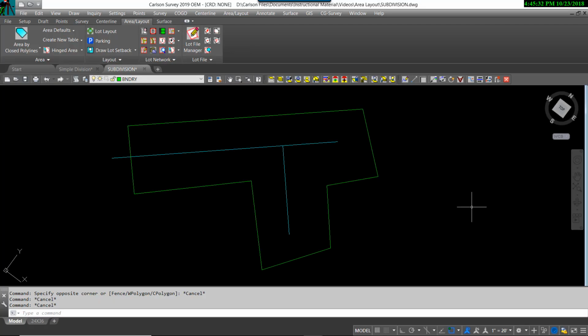In this video, I'm going to demonstrate using LotNet to create roads and lots based upon minimum requirements of frontage and lot area as well as road width. The two elements I need to be able to use this program are a closed polyline, which you see here in green, which represents the perimeter of the property, and I have two center lines,